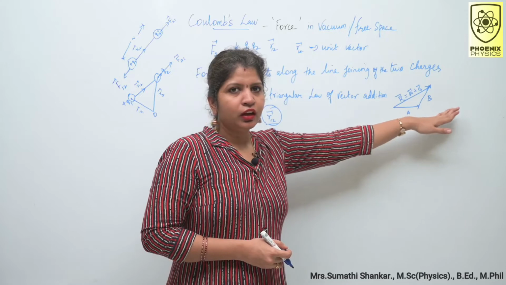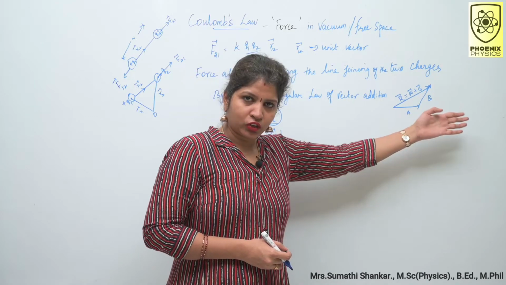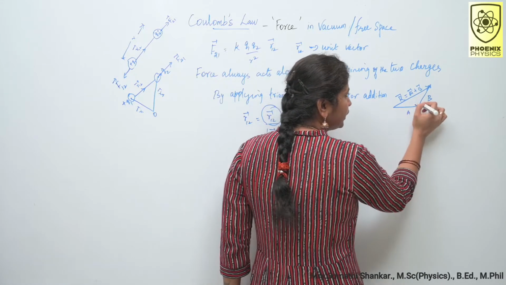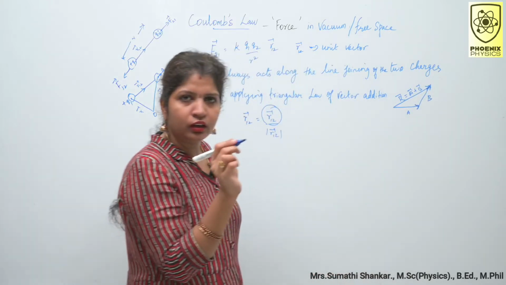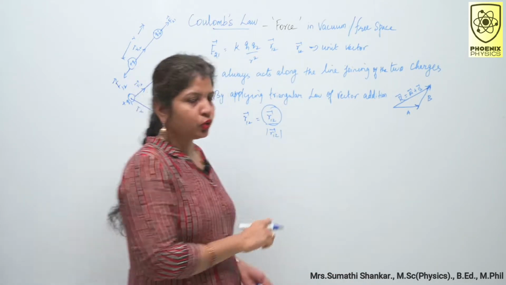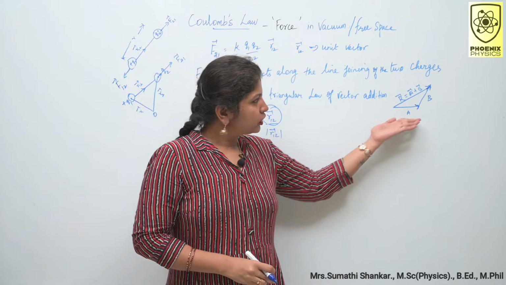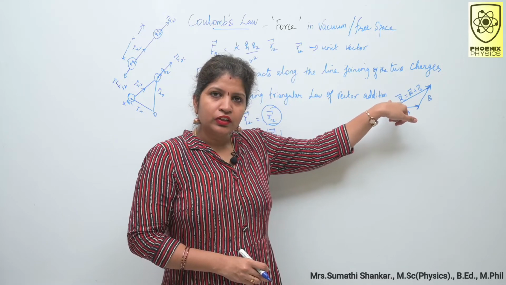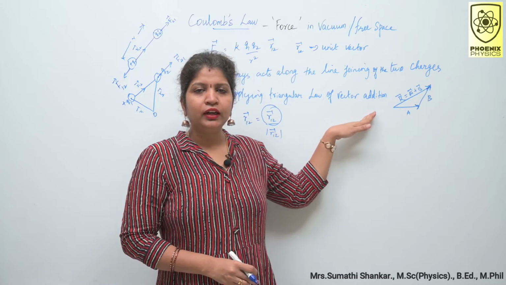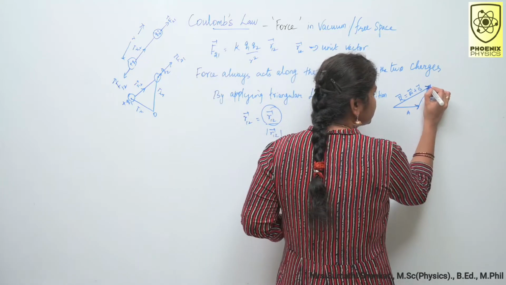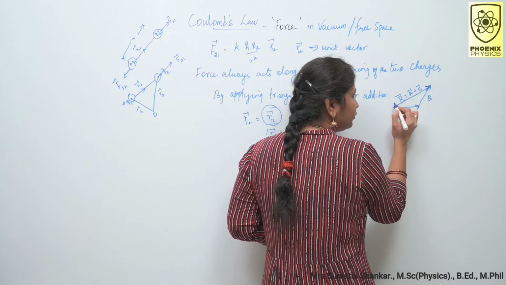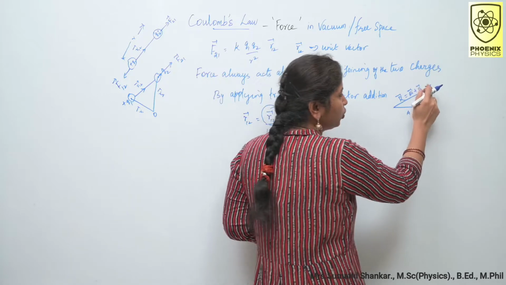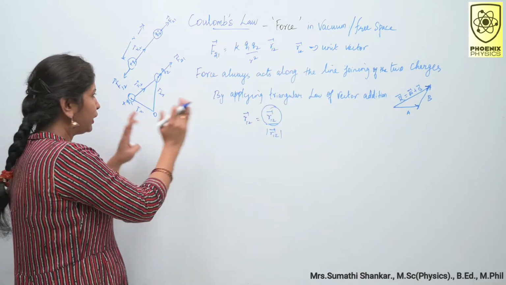Here A and B are the two adjacent sides of the triangle taken in the same order. Same order means like this. Here the arrow is like this, here the arrow is like this. Always you should join one head end and one tail end. So A and B are the two adjacent sides of the triangle. Then the resultant is given by the third side of the triangle taken in the reverse order. The arrow is in this direction. If it is in this direction it means same order, but here the arrow is in the upward direction, so reverse order.